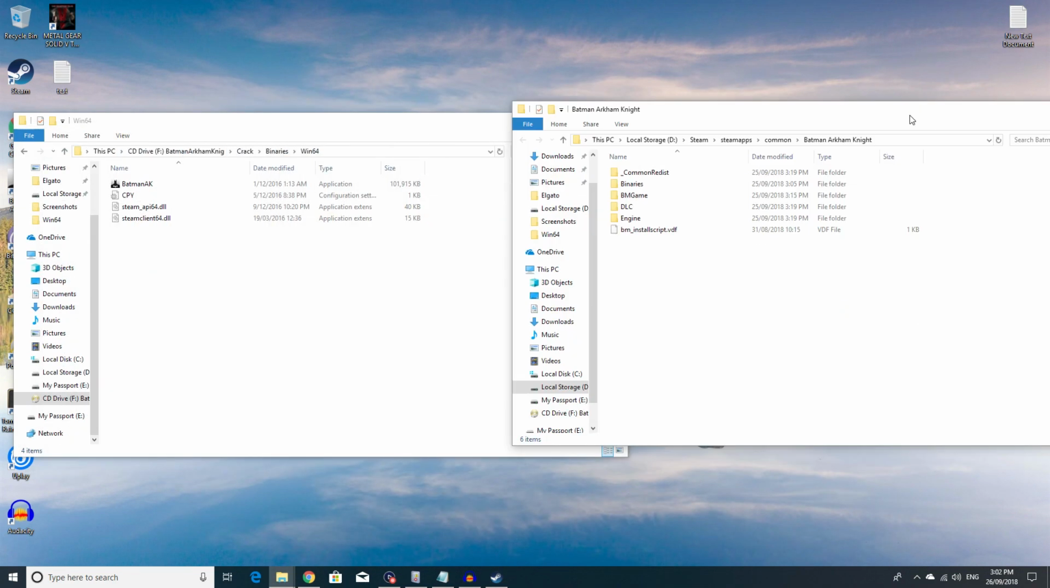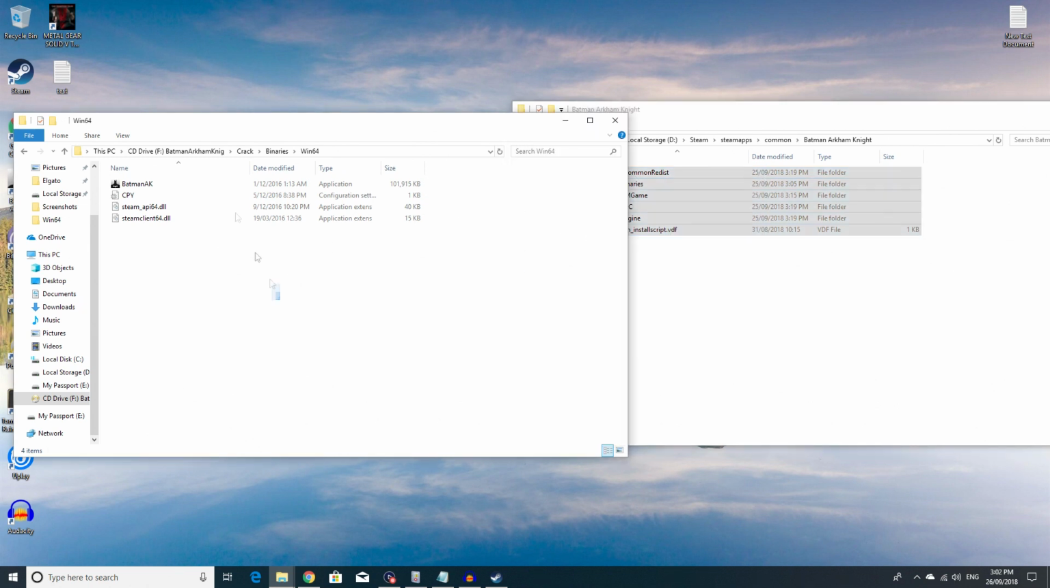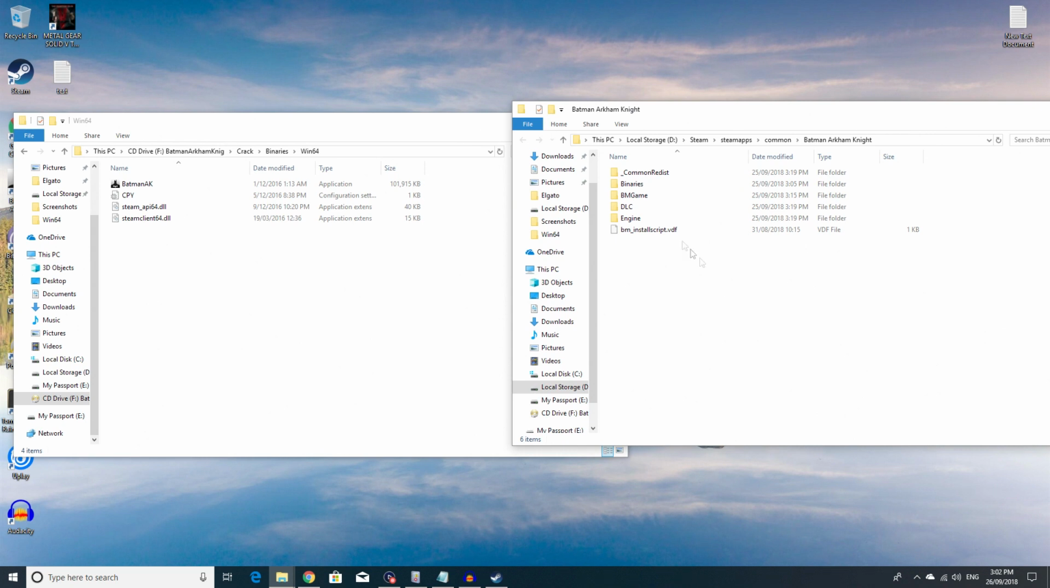Okay, so this is the Steam version, this is the cracked version. Now I've already uninstalled the cracked version of the game because it takes up too much space and because I've already got the game to work. But basically what I did was I copied the cracked version's binaries folder, the BM game folder, and the engine folder over to Steam. I replaced all the Steam files with the cracked version, and then I went back to Steam and I